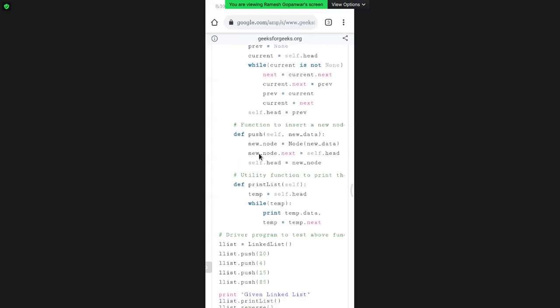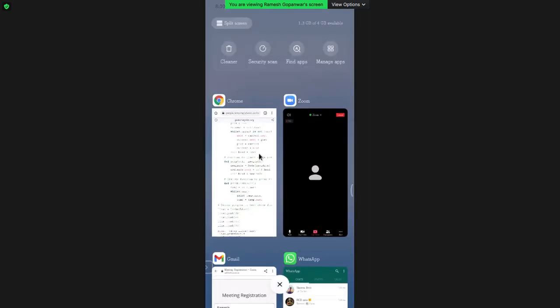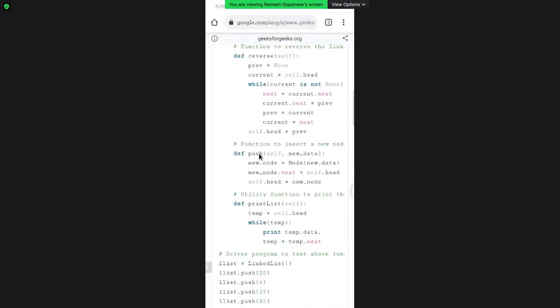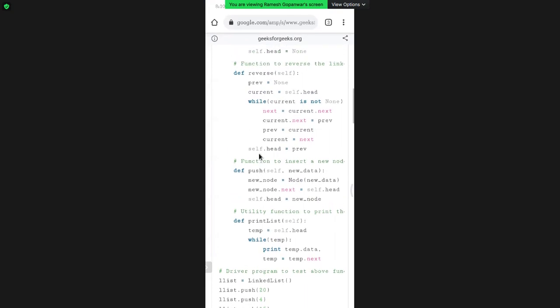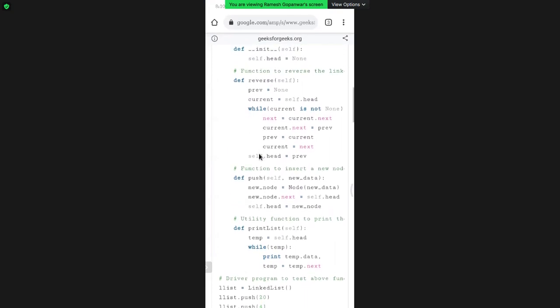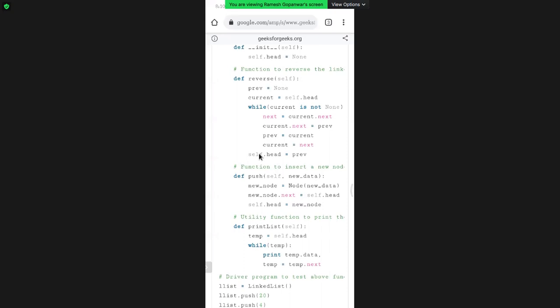Then what is head equal to previous that you have mentioned? Why is it mentioned? If head is equal to previous, what does it mean? Previous is equal to 1, so head becomes 1.